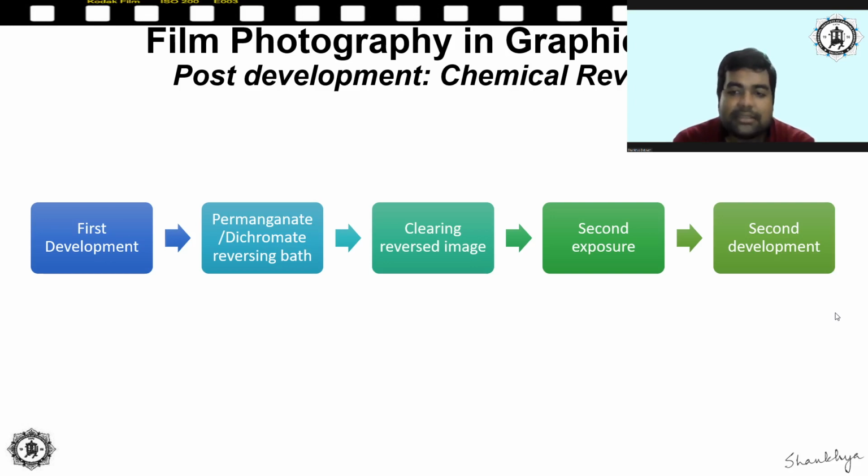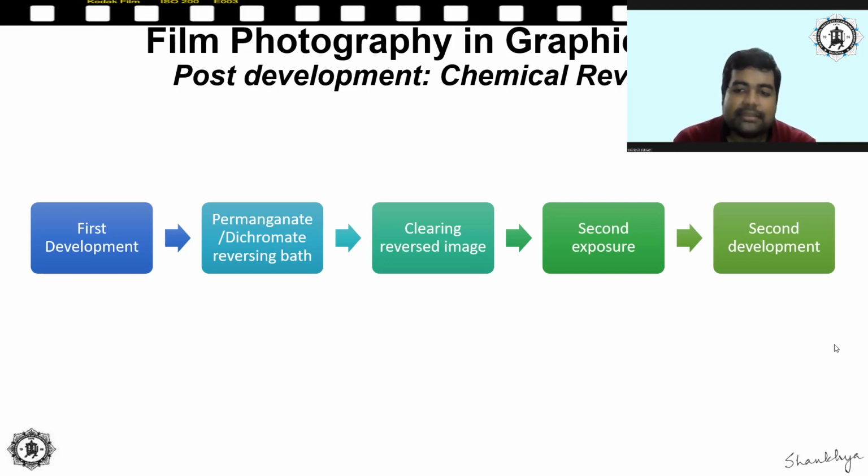The first stage is known as primary development. In this stage, the exposed film is developed using an energetic developer to ensure that every exposed grain in the emulsion is developed. At this stage, the film is in the form of a negative. The negative is then immersed in a fresh acid stock bath, where development should be completely arrested.